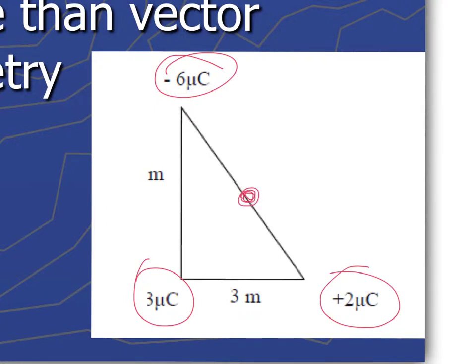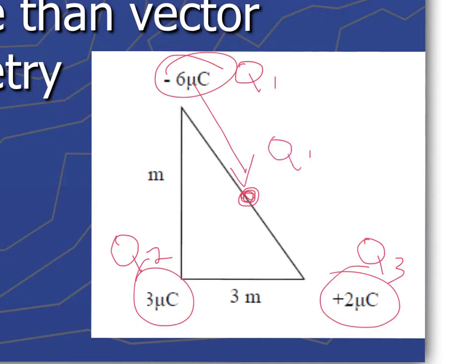All we have to do is find the electric field, let's call these Q1, Q2, Q3. We find the electric field for Q1. We find the electric field at some distance D1 for Q2, and at this distance D3 for Q3, and then all we have to do is add them together. So similar to how we